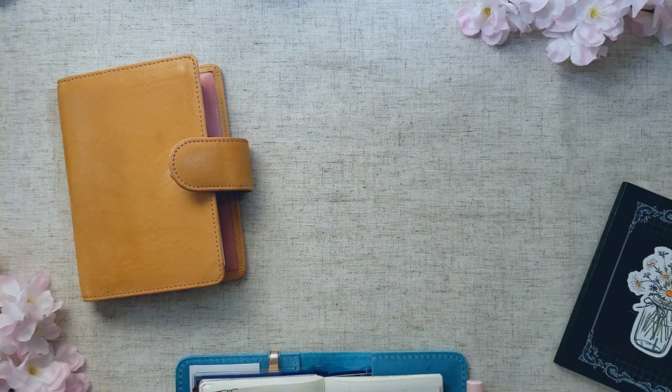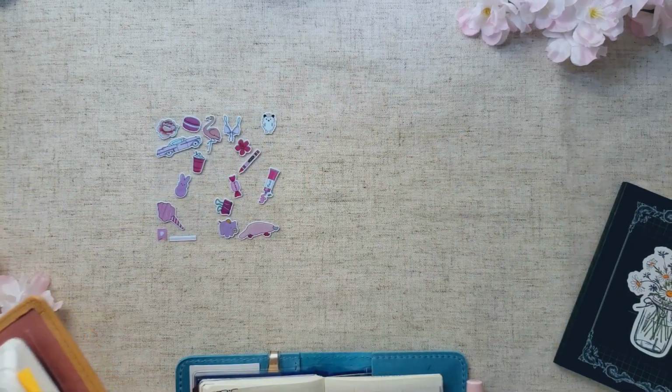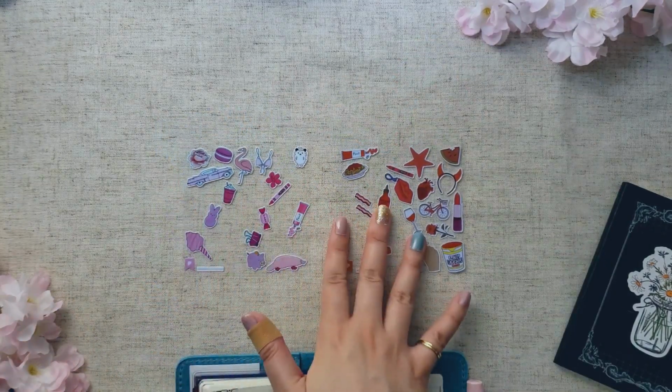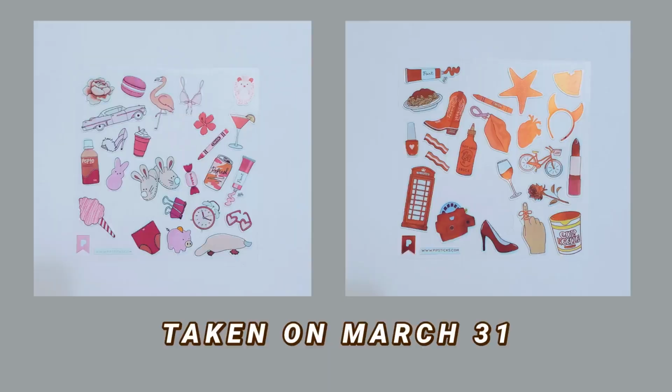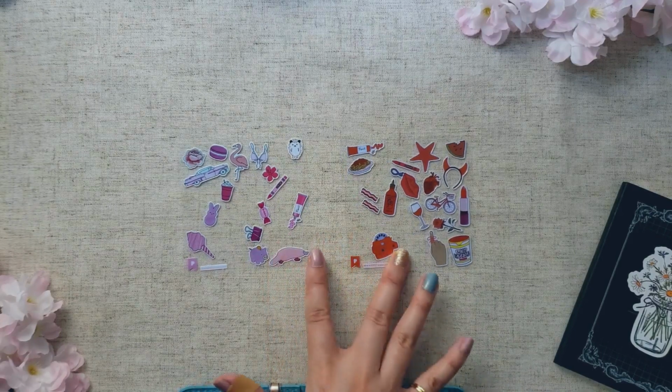So I think I'm going to try to go through my Pipsticks box for Project Pan, but in small increments. So I'm going to still count it by sticker sheet. So the next Pipstick sticker sheets that I'm going to go through are these 2. I have this one and this one. So these are my next 2 project pans for my Pipstick stash, and I did take a picture of these 2 on March 31st, but then I already started using it,